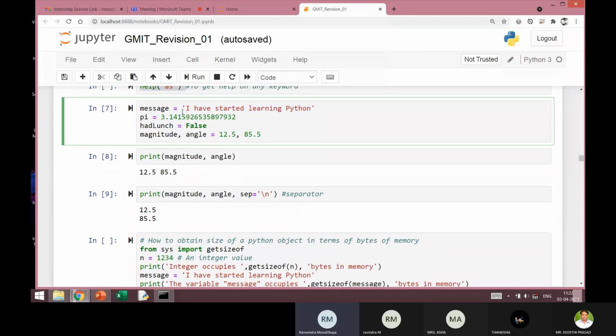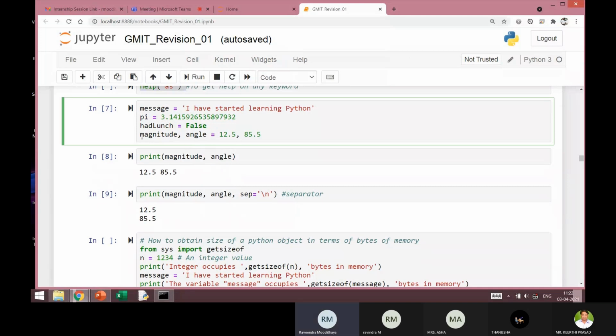So this just indicates how you can initialize different types of variables. Message, I initialize with some value. Pi, I initialize with some value. Had lunch, I initialize with one value called false. Magnitude, well, you can initialize multiple variables in the same statement.